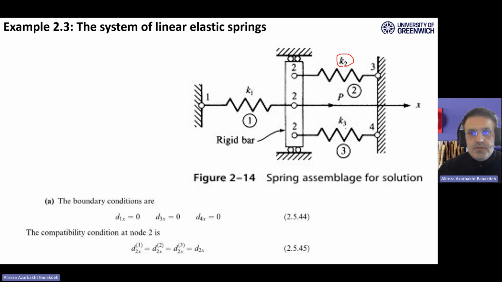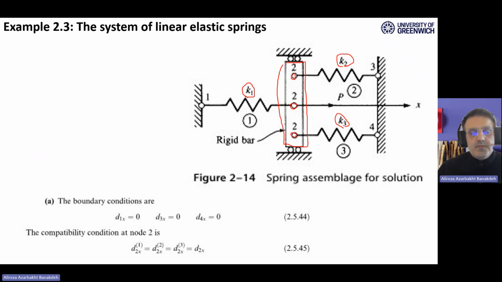This has K2 and K3. This is K1. But we have a sort of solid plate here, which